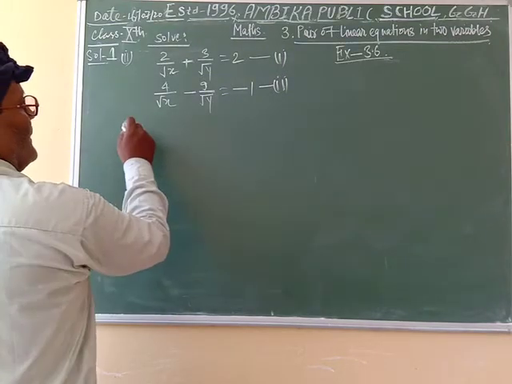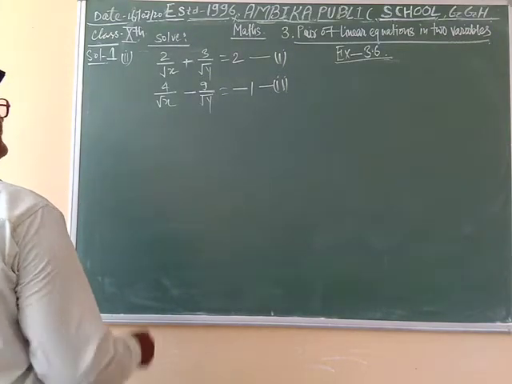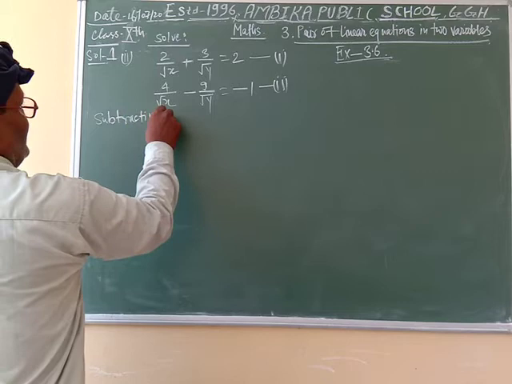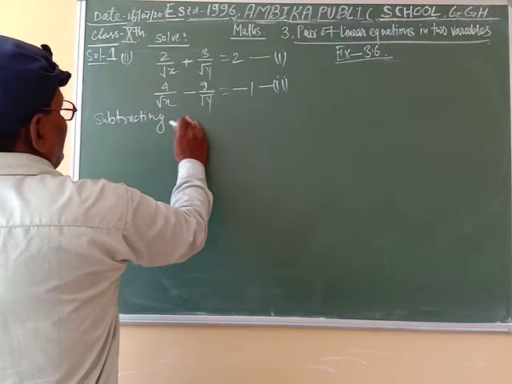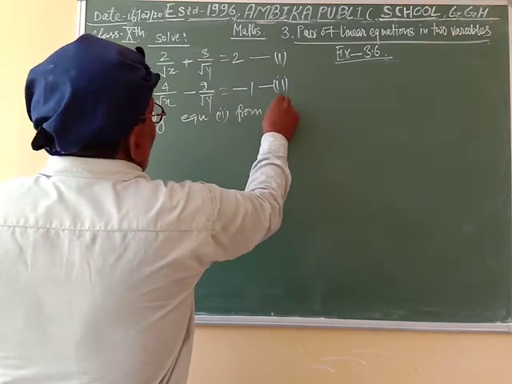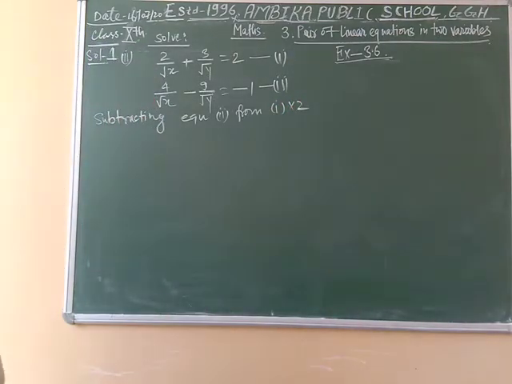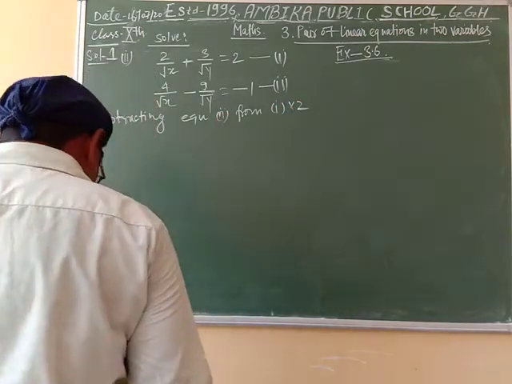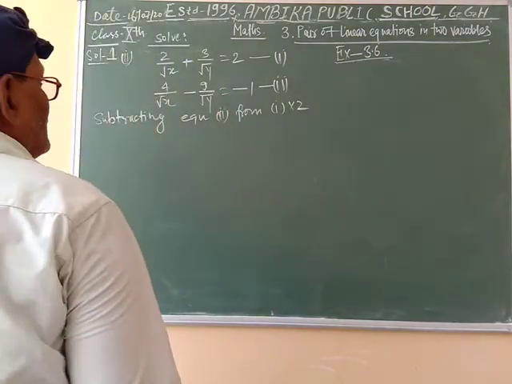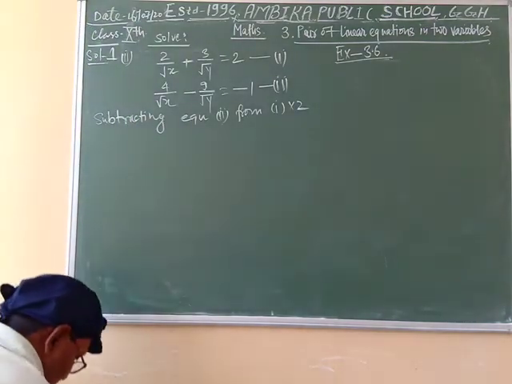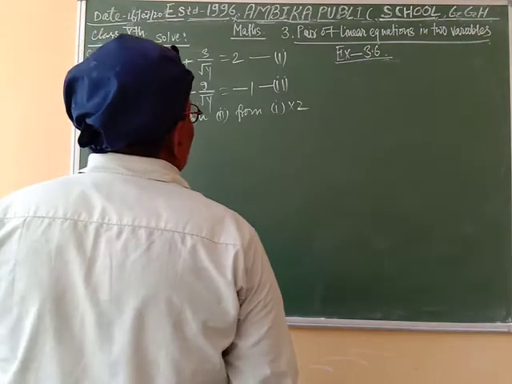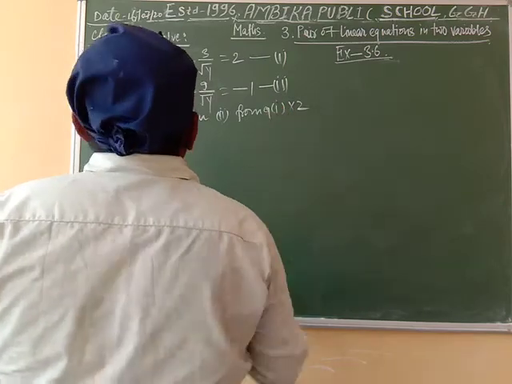Multiply equation 1 by 2 and subtract equation 2. Subtracting equation 2 from equation 1 into 2, we have